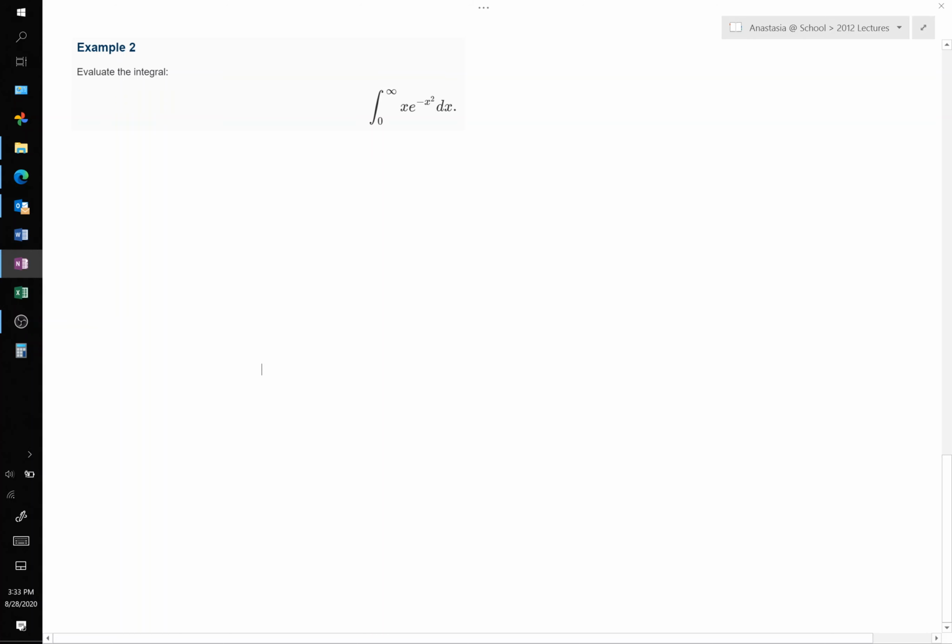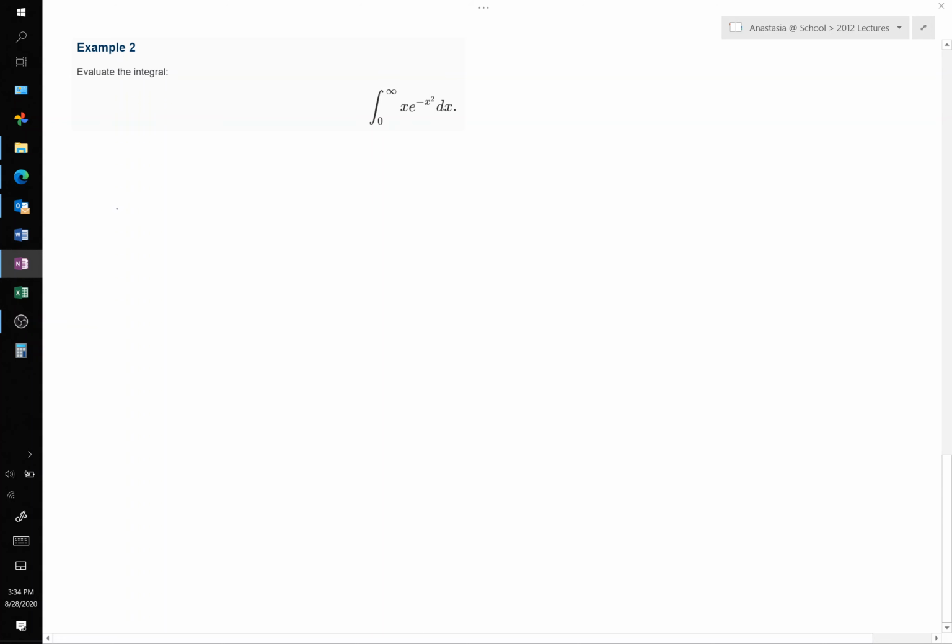Hello, in this video we are continuing our discussion of improper integrals, specifically the first type where we have an infinite range, infinite bounds of integration. So that means that we have either positive infinity or negative infinity as one of our bounds. In example 2, we're asked to evaluate the integral from 0 to infinity of x e to the negative x